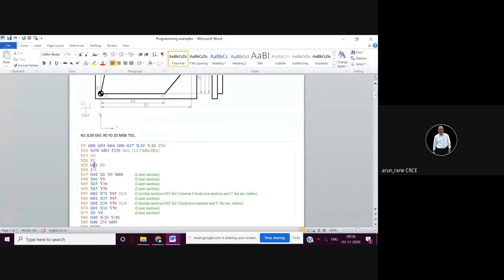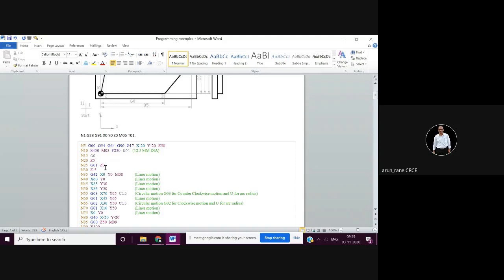Okay. So now this is your reference position. From that reference position, the tool will come here, X minus 20, Y minus 20, Z 50. Then the spindle will rotate in the clockwise direction, M03, S450. Offset will take. C0 is nothing but if there is any rotary axis, then we are referencing that rotary axis also, like X0, Y0, Z0. Now the tool Z5, it will move rapidly 5 mm above the workpiece.